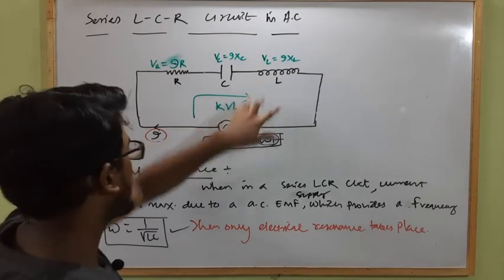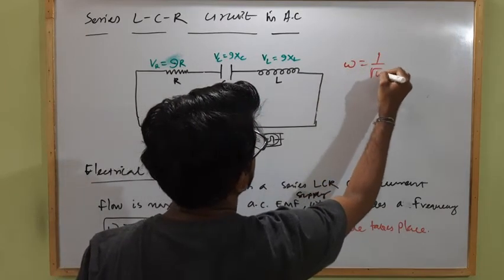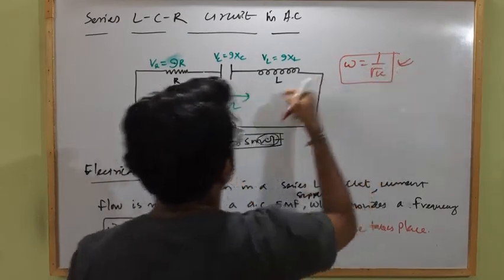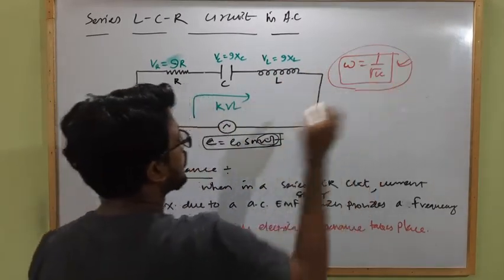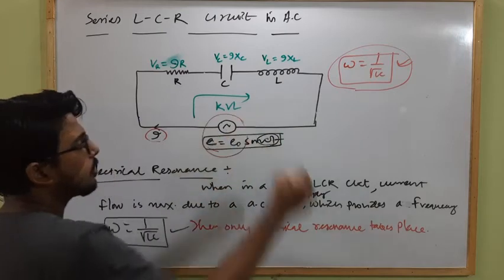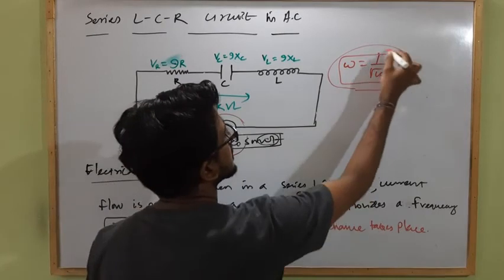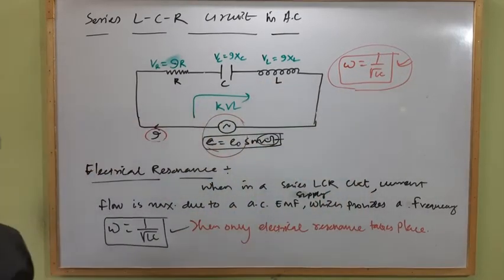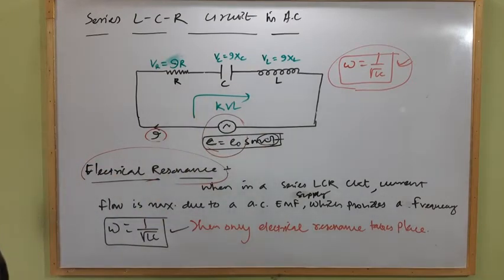So according to C and L, the natural frequency of the given circuit will be decided, which is omega equal to 1 by under root of LC. For this condition only, the current flowing through the circuit will be maximum. So for a given LCR circuit, this is fixed. So when we connect it across an alternating source, if that source is able to supply a frequency of this much, then the current flowing through it will be maximum, and at that instant the electrical resonance across the series LCR circuit will take place. So this is known as electrical resonance. Clear? When the supply frequency is equal to 1 by under root of LC for the given LCR circuit.